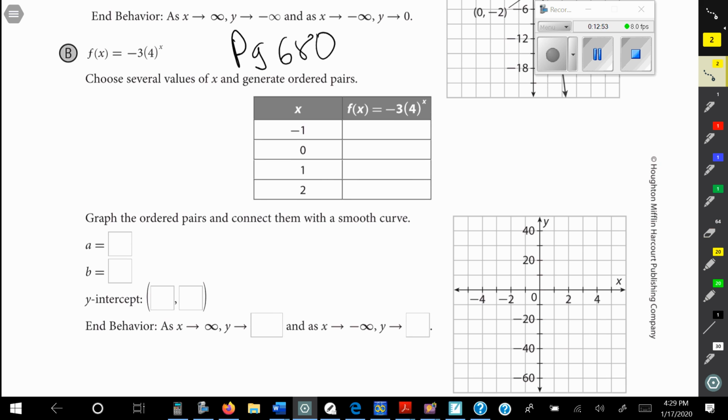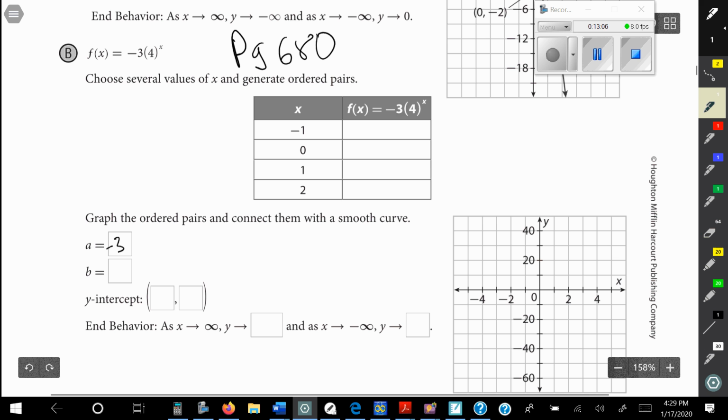All right, so again, we've got the negative for our a and a number that's greater than 0 for our b. So we're going to plug in the a, which is negative 3, and plug in the b, which is 4. All right, then the y-intercept is going to be 0, negative 3. And now we just need to find these points here. So what we do is take the calculator and plug them in. And once you do that, you'll end up with